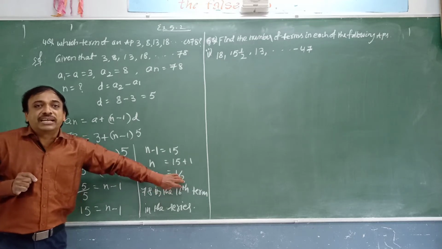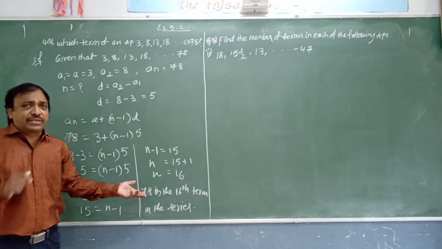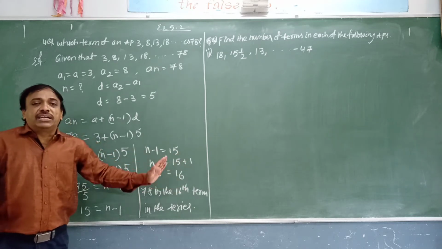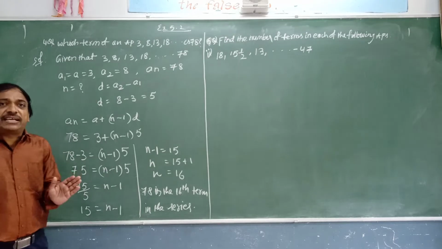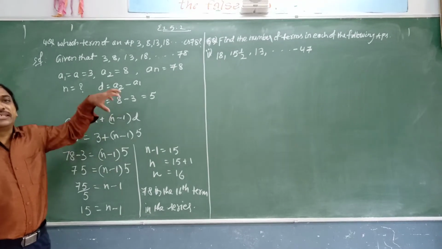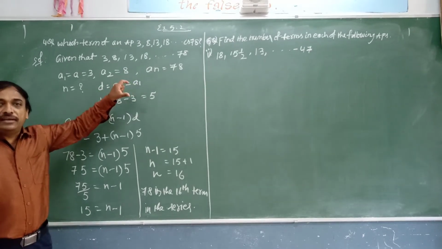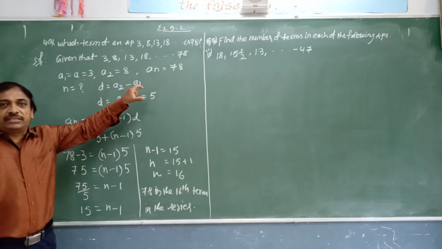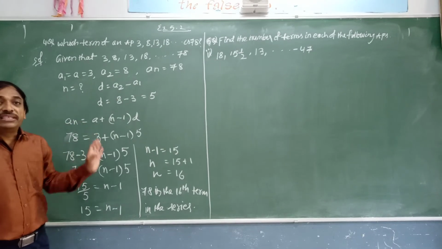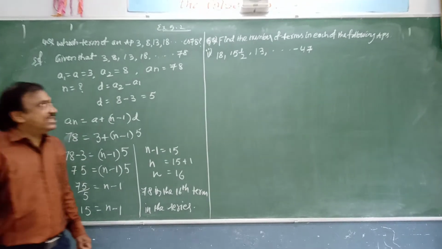It's a whole number like 1, 2, 3, 4, 5, 6. Actually, n is not 0. Other than that, 1, 2, 3, any number it may be. n is a positive number. Then we can say that yes, the given number is a term in the arithmetic progression. If you get n value as a fraction or a decimal, then you can say that it is not a term of the arithmetic progression. Next question.